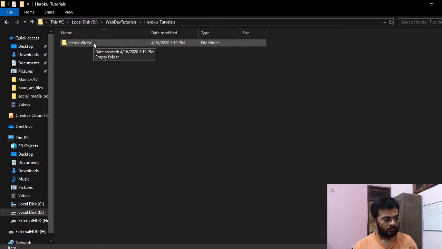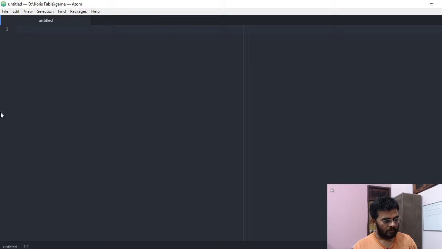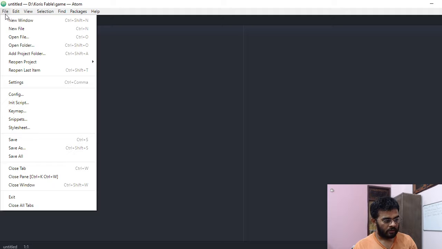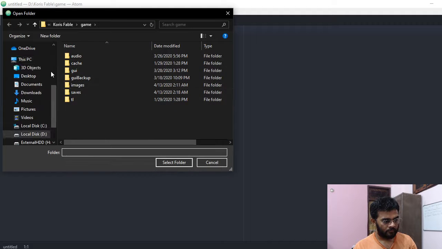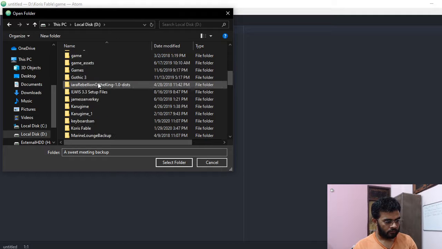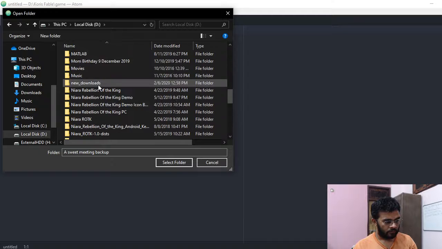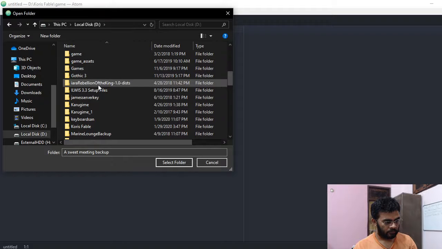Now we will go into this repository, and here we will create our files. So go to Atom if you are using Atom, and you can go to open folder, and then simply you can go to your repository. Let me search it here.